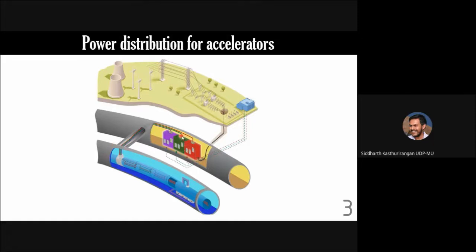For a large accelerator, all the power distribution cannot happen from one particular place only. So around the entire ring, you will have 7 or 8 such power substations which will be supplying power to that particular part of the accelerator. For a smaller accelerator, this can be one single unit, but still the point is it will take up almost equal amount of space as the actual accelerator itself. Many times slightly more space. The accelerator may be compact, suppose you have a tabletop size accelerator, the power supply for that can be bigger than that. It may need a separate room for housing it.